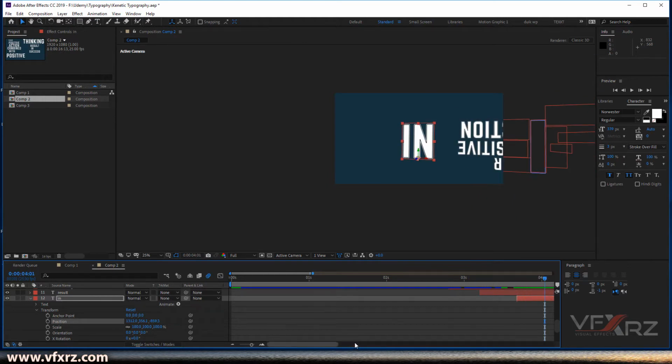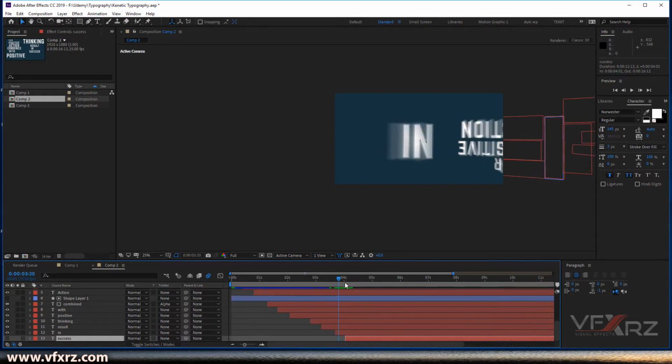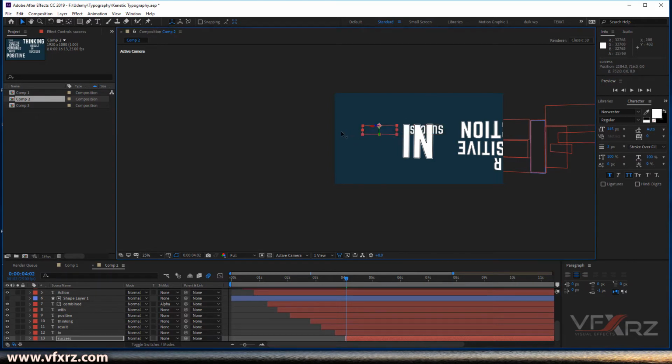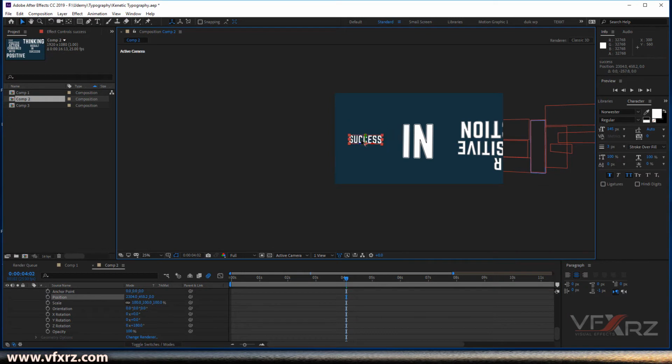In, and after that, the end text is success. From here again, you should trim your layer to here. Start from here, turn on, drag this here, and again here in Z rotation, change it to 180, and then here